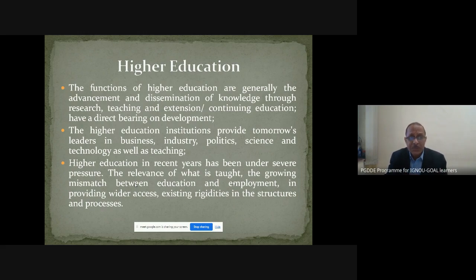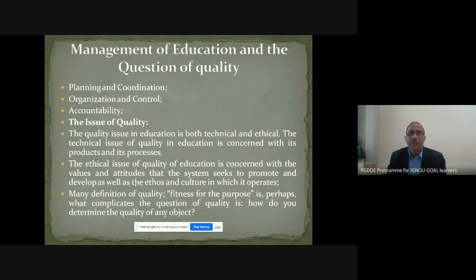This must be the case with quite a few countries. To overcome this mismatch between what is taught and what is needed by the employer, countries are revising their policies, the management of education, and the question of quality. As I've already said in the first unit also,